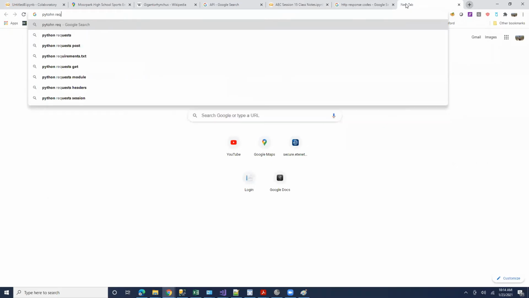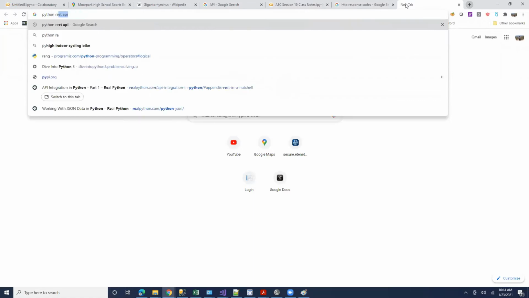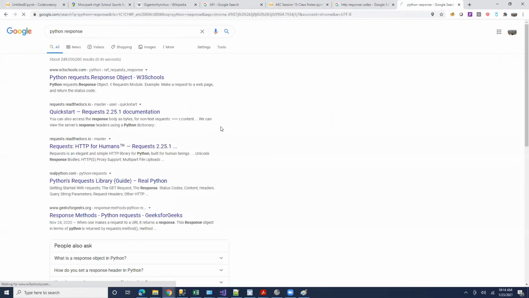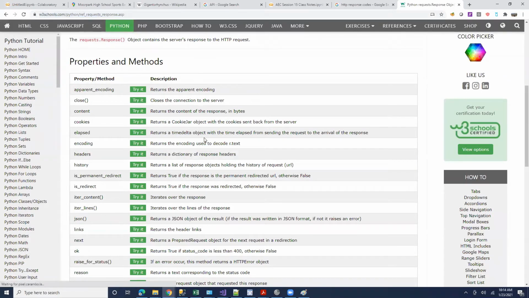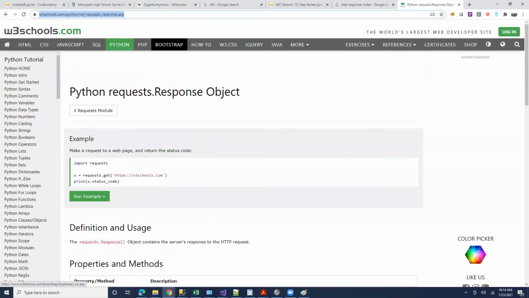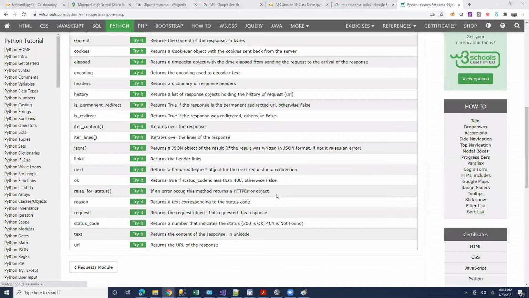Python request, Python response. You can go here and look at the different things if you want. If you are interested in finding out what is there, you can go to this web page to figure out what the different things are. Maybe running your code once might do it. Cool.